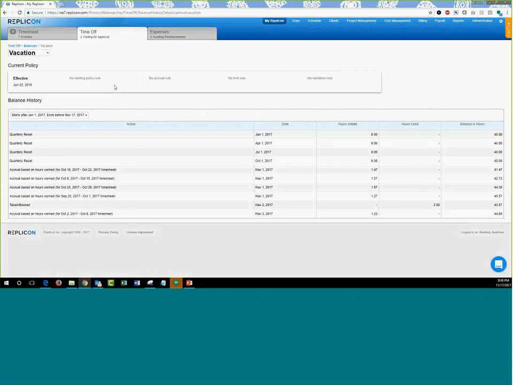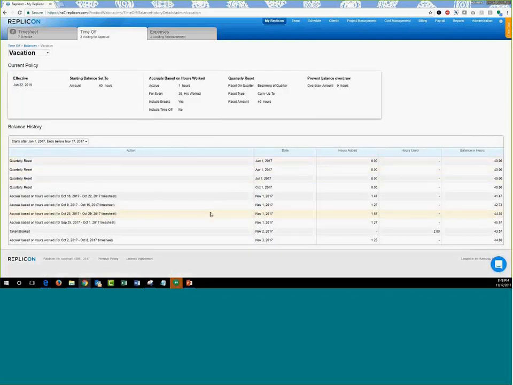And I can have the complete balance history of that particular time off listed out here. So this, in a different way, helps you reduce your overhead cost, because it's easier. The end users have access to have a quick look at their balance and their policies, and you don't really have to manage their time off balances or let them know about those details.